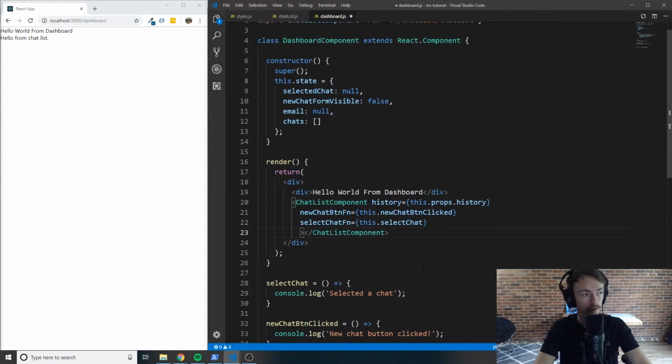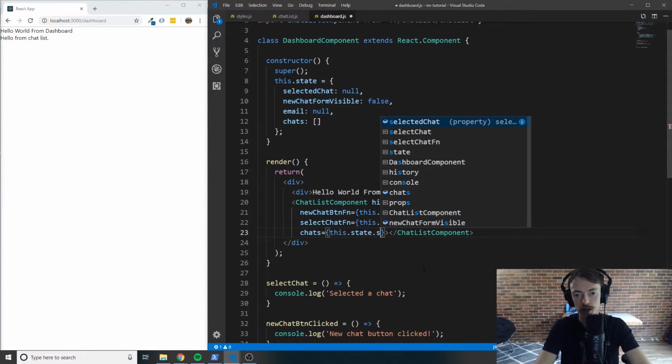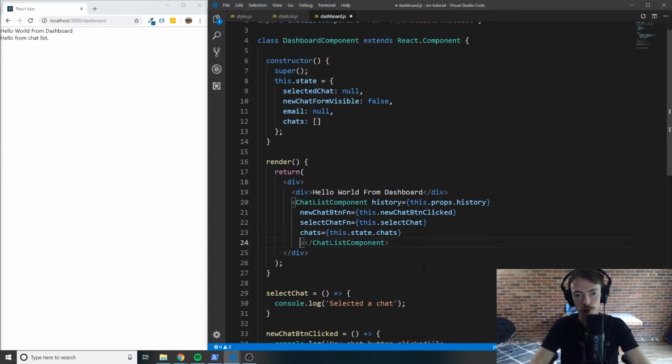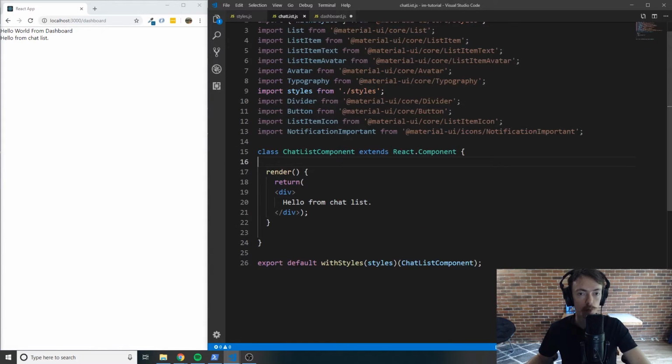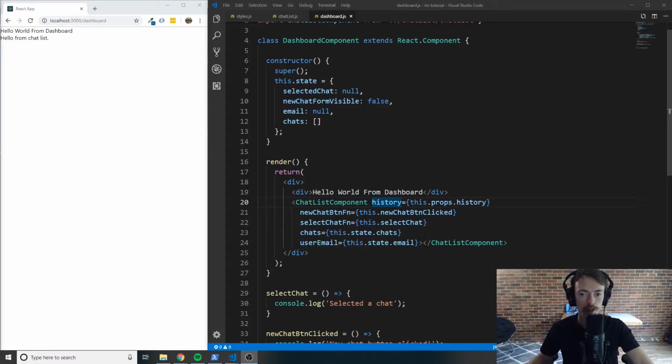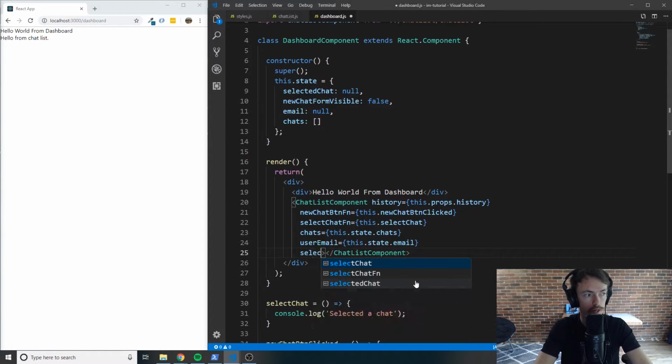And we want to pass a couple of other things really quick. We're going to want to pass the chats, and we're going to set that equal to this.state.chats. We are going to want to pass the current user's email, so userEmail, and we'll set that equal to this.state.email. And now we have the user email, the chats, the selected chat function, the history, and the new chat button function passed directly to this chat list component that we can access from within inside of this class. The very last prop that we're going to want to send over to it is actually going to be selectedChatIndex, which is going to be equal to